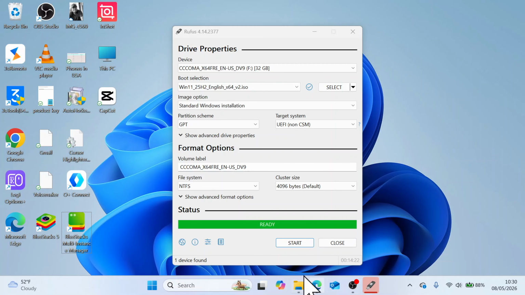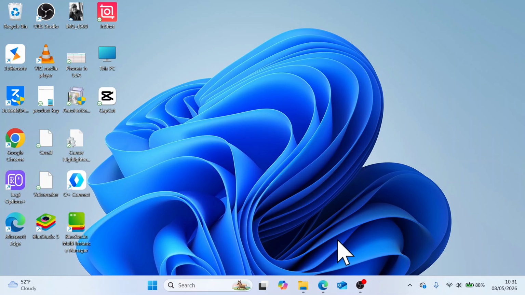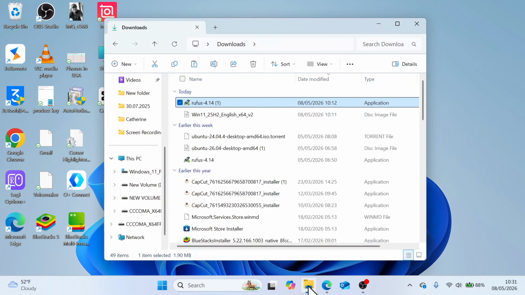So once it's done, it will show you that it's done by saying ready here. And all you have to do now is close this application and your USB flash drive is ready. You can now plug it into another computer and use it to